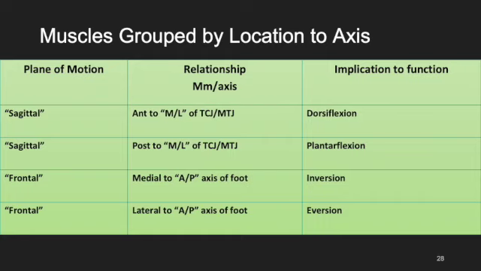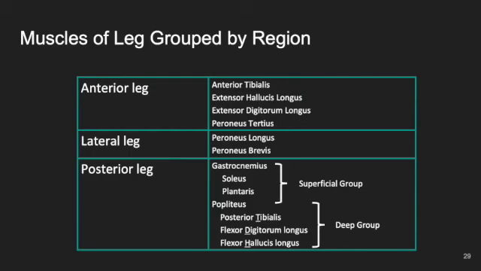When I move my ankle up, or when I move my foot up, if I'm sitting towards the ceiling, that's going to be dorsiflexion. Pointing my foot downward, like pushing against the gas pedal, is going to be plantar flexion. My frontal plane motions are going to be my inversion, which is kind of curling my foot under, and eversion will be taking my foot away from the midline. Now, grouping by region, take a look at the muscles. Again, this should look exactly like that cross-section did. So understand each of those muscles grouped by a region, understand how that grouping works, and how you can use